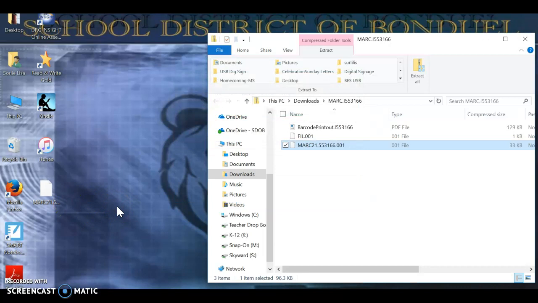The reason mine said replaced is I had moved it over to my desktop to test drive it. Yours won't have that indicator. So right here is my MARC record again. Now I can close this,